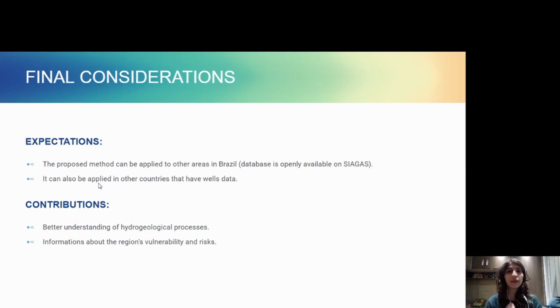You just need the information and the variables, and you can apply the method. The contributions are a better understanding of hydrogeological processes and information about the region's vulnerability and risks. So we can inform the governance and the population about it and create some actions to prevent it.